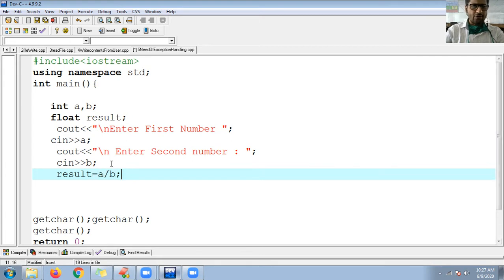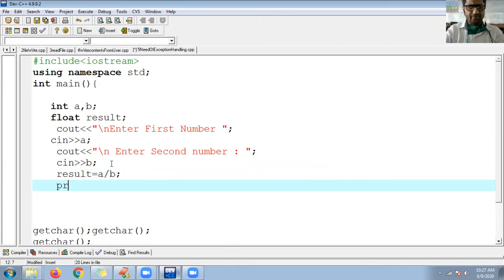I want to perform division, and simply print with cout, insertion operator, double quote, new line, and division of, one more insertion operator, a, double quote, and insertion operator, b. One more insertion operator, colon, and I'm showing the result.